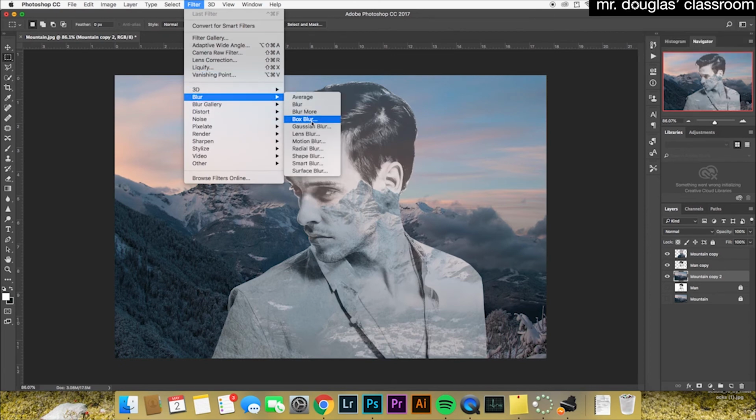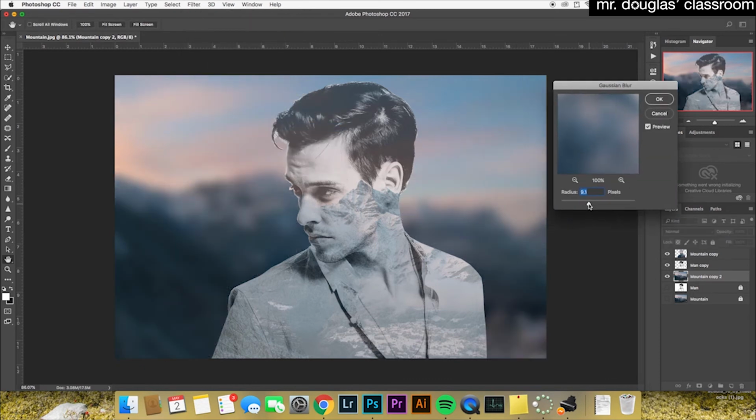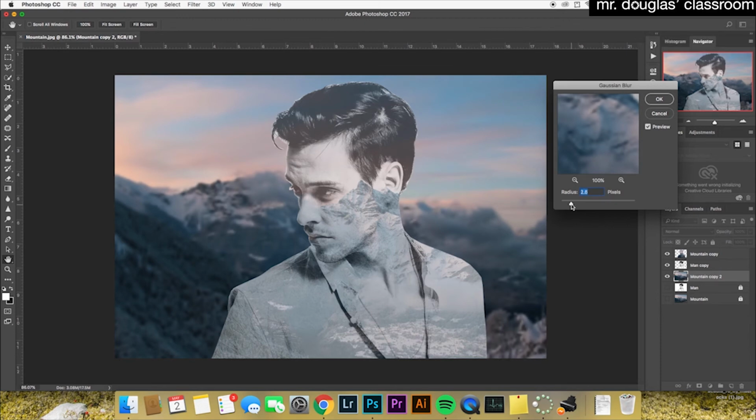And then we're going to want to select the Gaussian blur. I'm going to bring this over here, and you select a radius where you think it looks pretty good. I want to leave a little bit of detail maybe, but not too much that it draws away from our guy. All right, I'm going to hit OK,